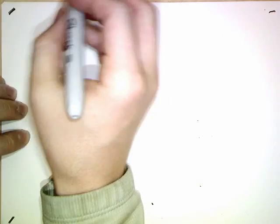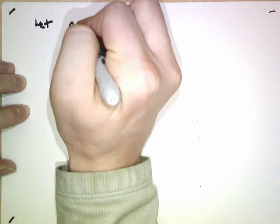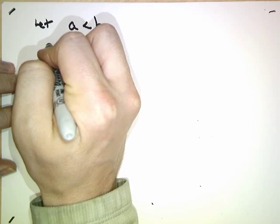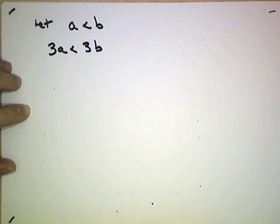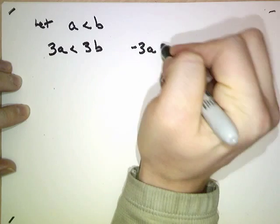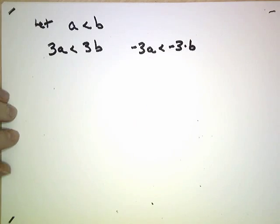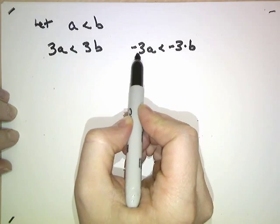Okay, for this next proof by induction, I just want you to observe the following fact. Let A be less than B. Let's assume that these are both positive integers. And notice that 3 times A is certainly less than 3 times B. It's pretty simple. But is it the case that minus 3 times A is less than minus 3 times B? Well, no, in this case, because A is less than B and minus 3 is negative,